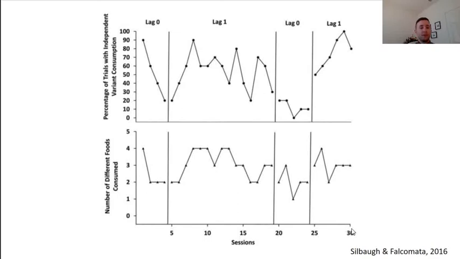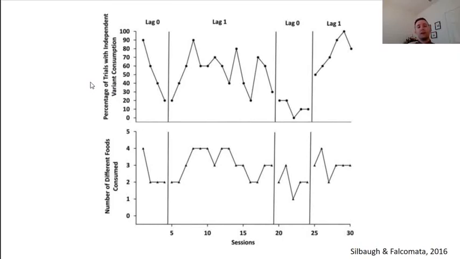There were 30 sessions. On the y-axis of the graph in the top panel of this figure, we display the percentage of trials with independent variant consumption from 0 to 100%. And there were 2 conditions, lag 0 and lag 1. You can see those conditions were repeated across sessions. Right? So this was a study of